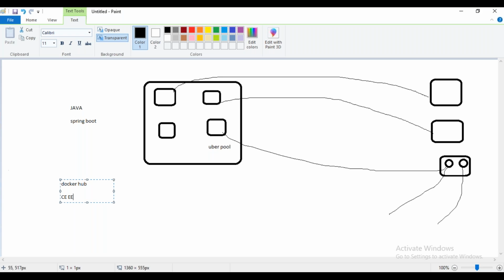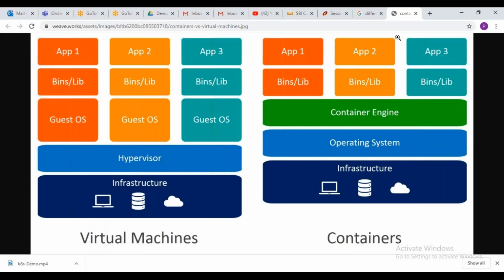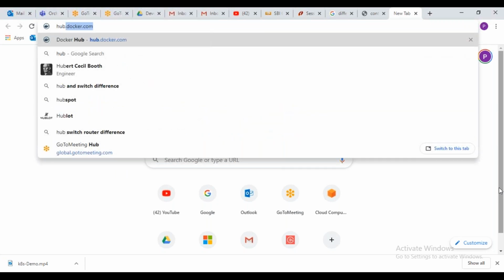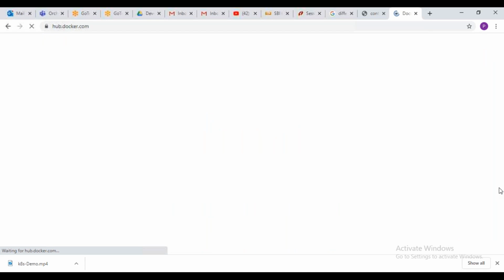Like that, we have a lot of images available. The Redis image is there, the Nginx image is there, the RabbitMQ image is there for messaging queues, MySQL, MariaDB, a lot of software. You no need to configure anything. Directly you are going to get them along with the prerequisites, as very lightweight images. So you can take those images and use them in real time.